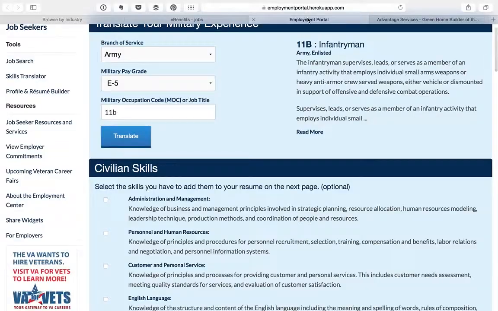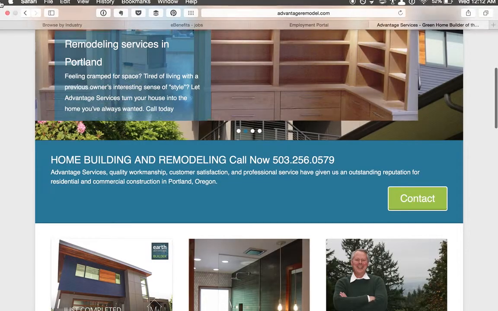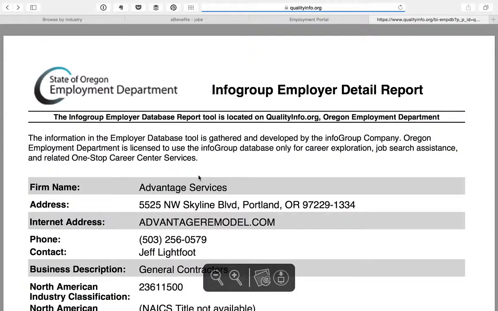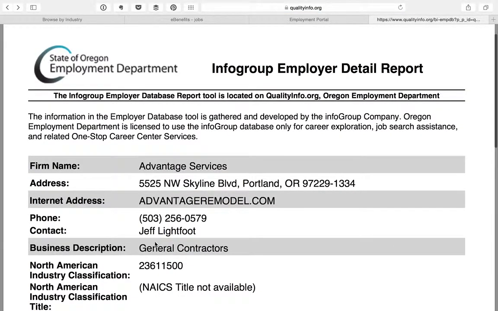Well, that's your in, because now you take your resume and you go contact Jeff Lightfoot and you ask him for 5 minutes of his time about how to work at a company like this. You're not asking for a job. You want to work in this industry. You may or may not have the skills, but what you're asking for is mentorship. You're asking for pointers. You're asking how can you get started in this sort of thing. Because if this is what you love to do, that sort of passion is going to come out.